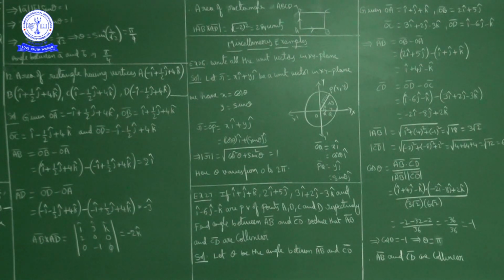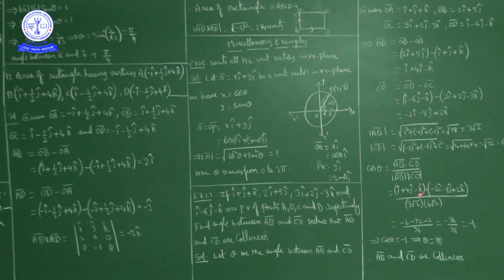Okay, here four points are given, with position vectors OA bar, OB bar, OC bar, OD bar given. We have to find the angle between AB bar and CD bar. First of all, AB bar is OB bar minus OA bar. What we got is î plus 4ĵ minus k̂, and CD bar is OD bar minus OC bar. What we got is minus 2î minus 8ĵ plus 2k̂. The magnitude of AB bar is 3 root 2, and the magnitude of CD bar is 6 root 2. Now suppose the angle between AB bar and CD bar is theta, then cos theta is equal to AB bar dot CD bar upon magnitude of AB bar into magnitude of CD bar.